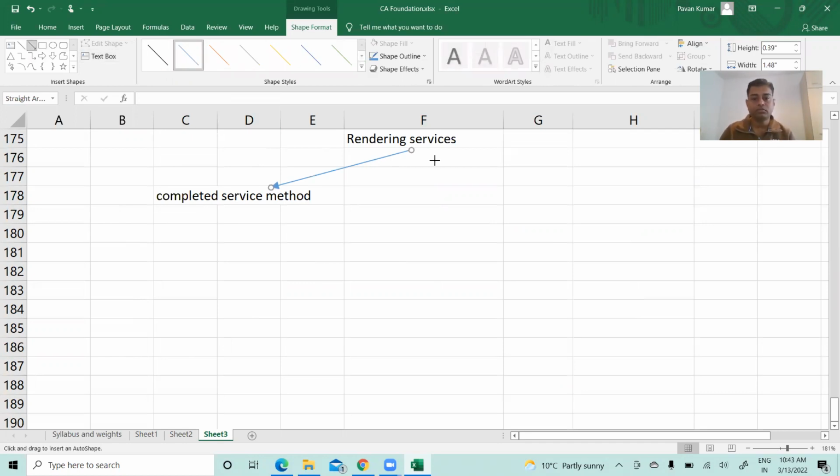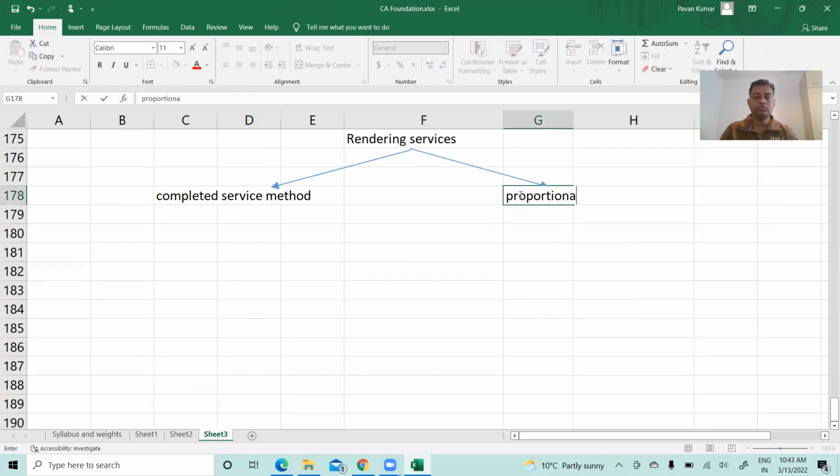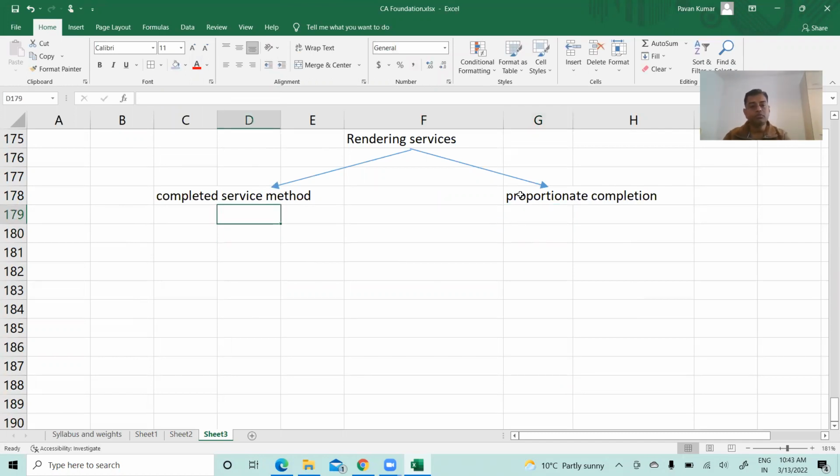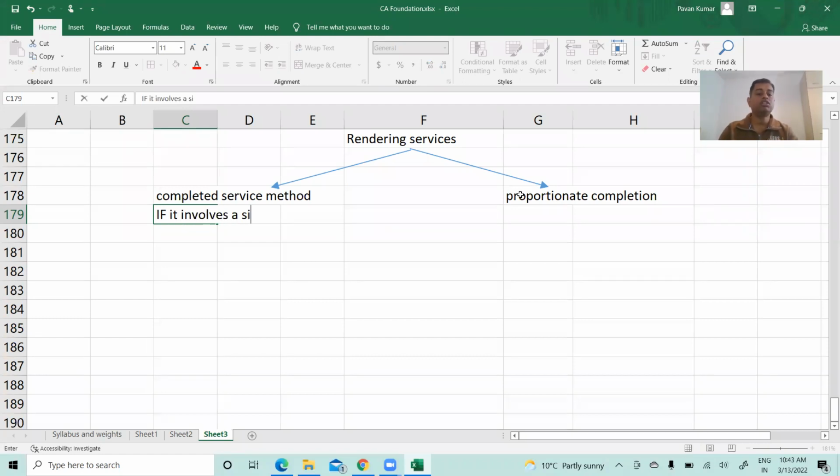Proportionate completion. This is not an option. The company cannot choose, I will do this, I will do that. No, it is based on the facts of the case. If it involves a single performance obligation,